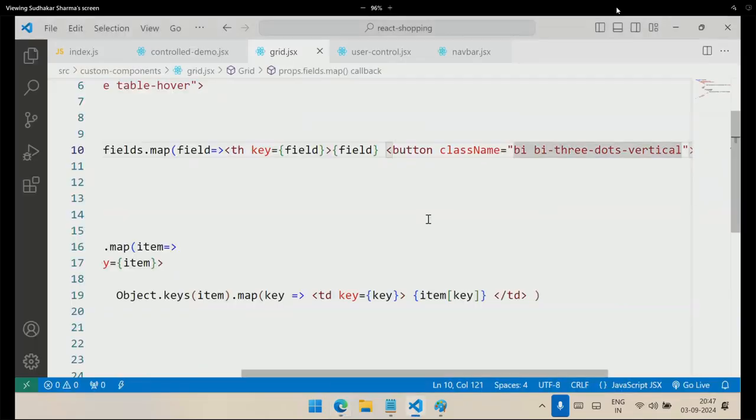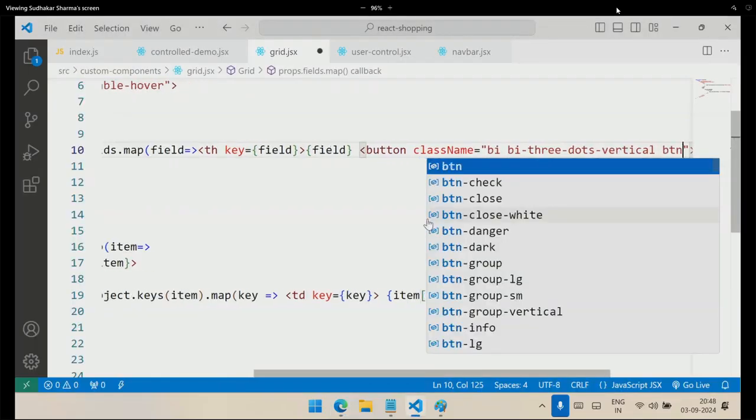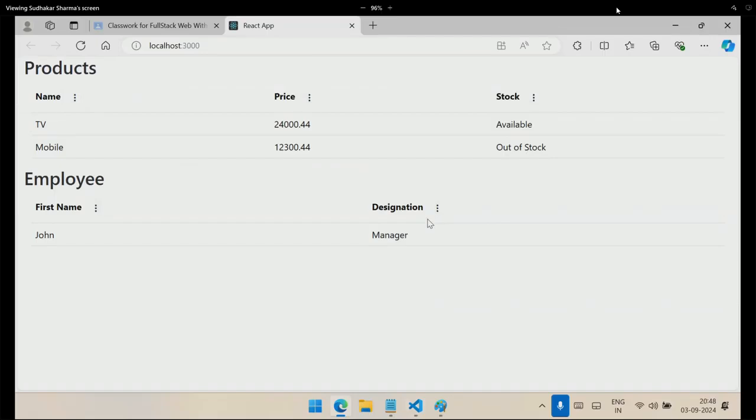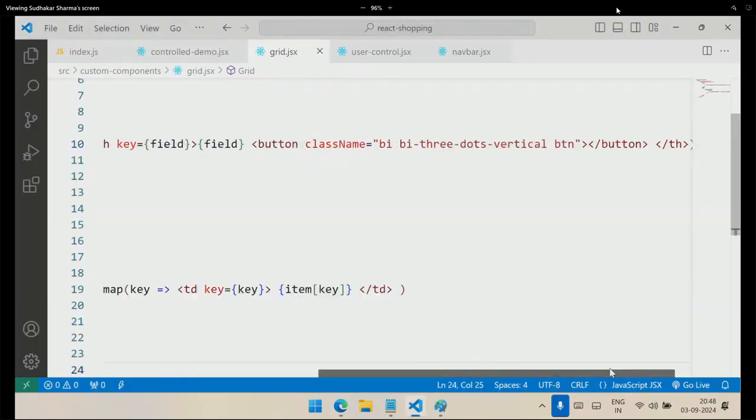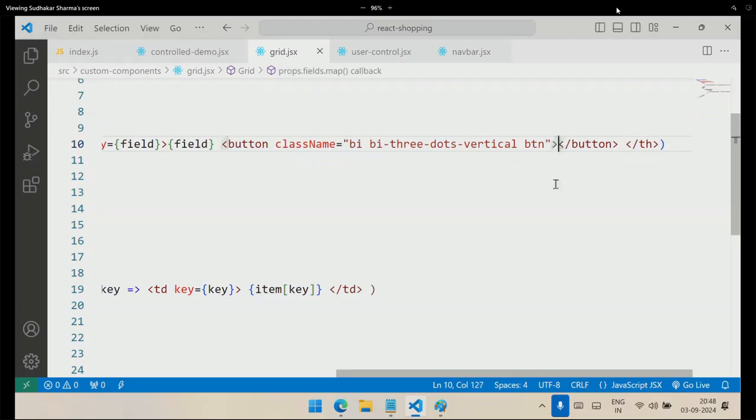And what is that class btn? btn is the class, that is the button class. And what happens when I click, I want a dropdown. In the dropdown, I want options like sort ascending, sort descending. That means now what we need to do here, usually you can create such things by using